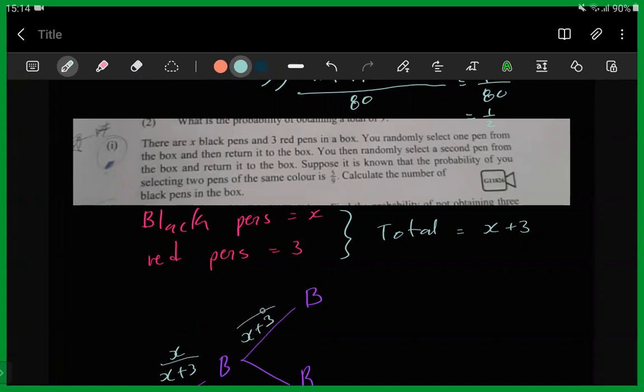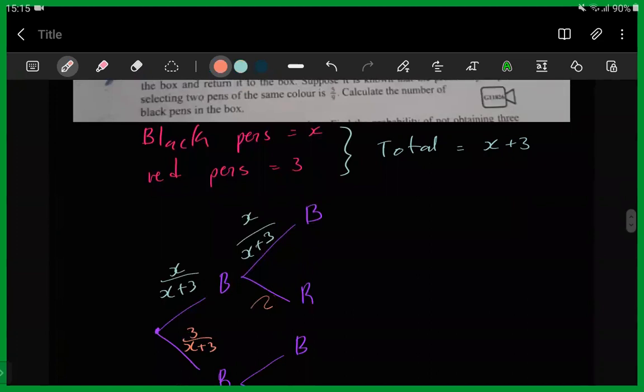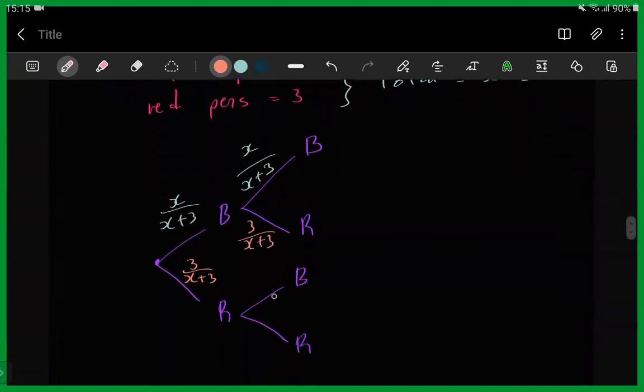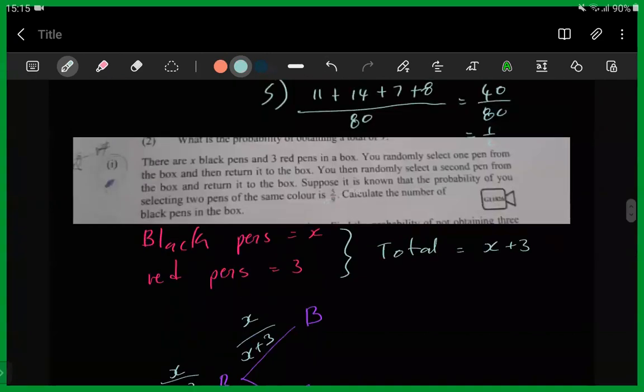And in total, you still just have X black pens. Here, the red ones, in total, you still have X plus 3 pens. In total, you still have 3 red pens. Same here. And for this branch, in total, you still have all your 3 red pens, and you still have all your X black pens. And then they said, yes, suppose that it is known the probability of getting 2 pens